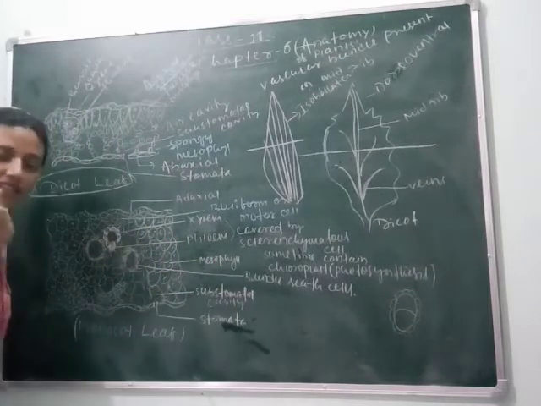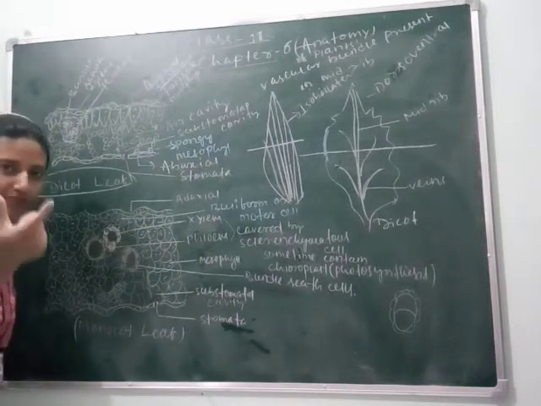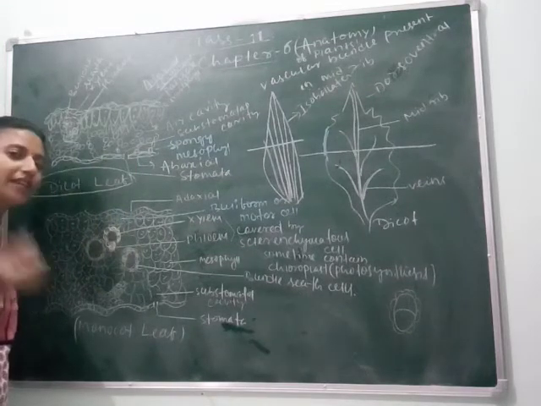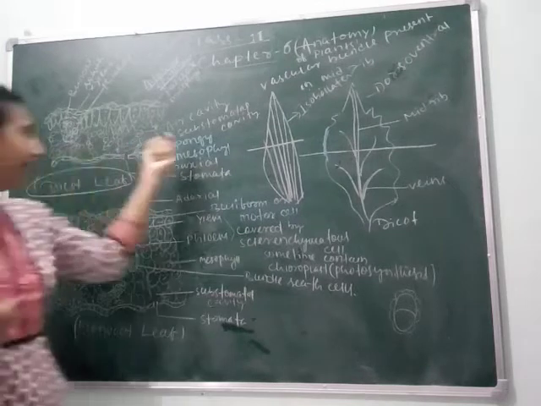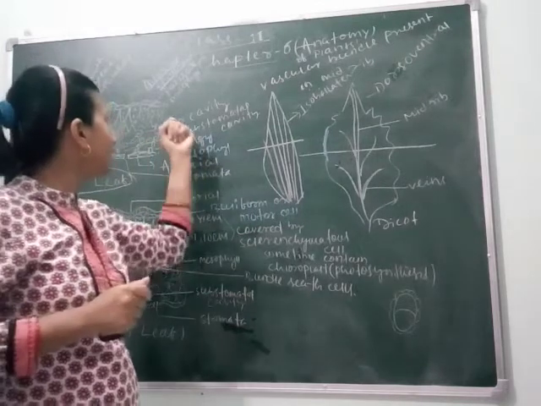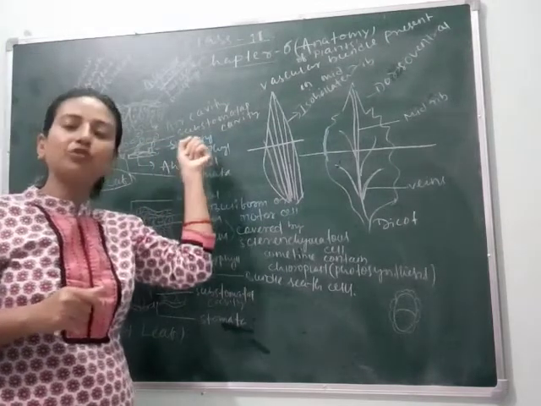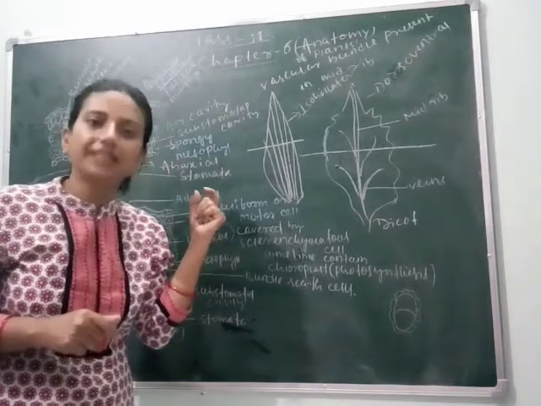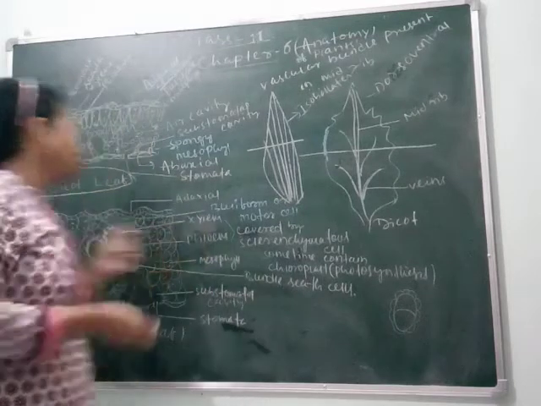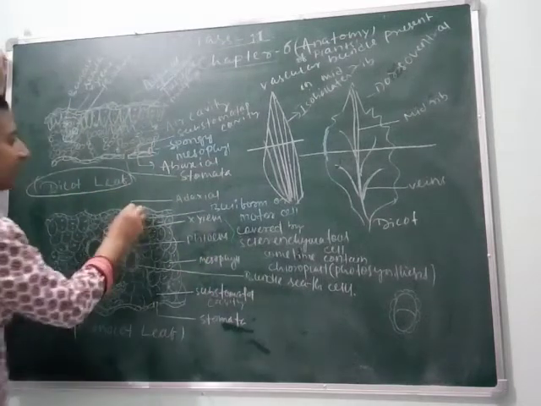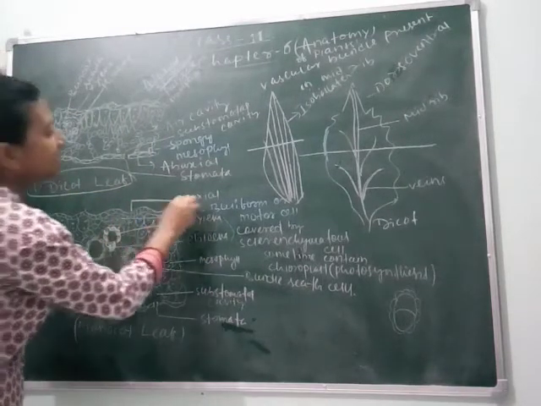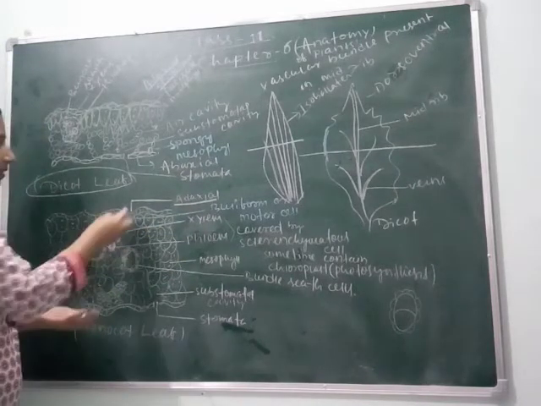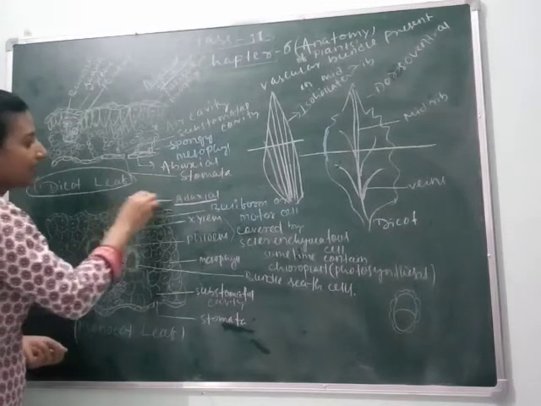So for absorption of more and more water, monocots have spongy parenchyma. Spongy parenchyma has more ability to absorb water than palisade parenchyma or palisade mesophyll. Remember students, I am telling this again and again that spongy parenchyma and palisade parenchyma, although they are mesophyll cells, are made up of parenchymatous cells. Clear? Next you can see this surface is called adaxial. Adaxial means upper surface.